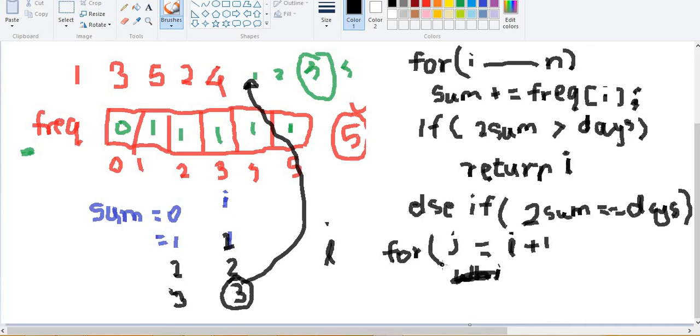So for j is equal to i plus 1, and simply write j plus plus. So in this case, we'll check if there is an element present at the next location. So if the element is present, as in this case,